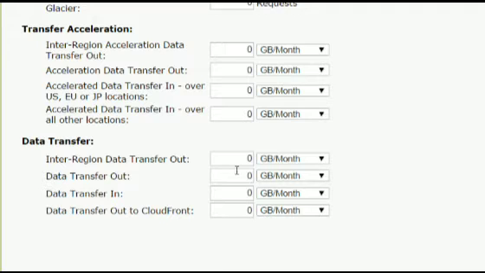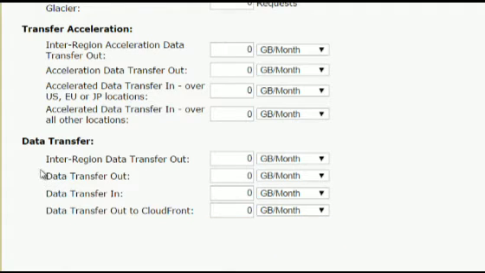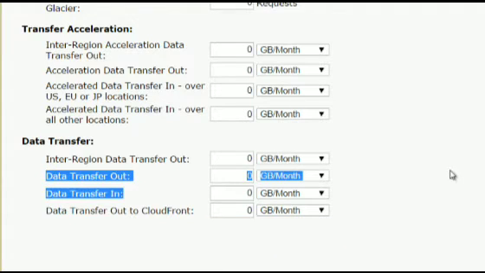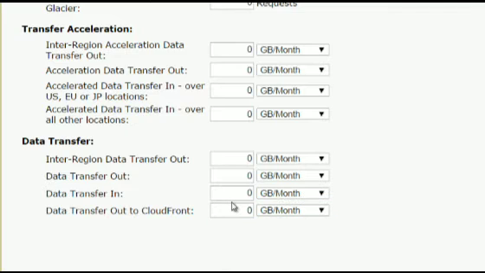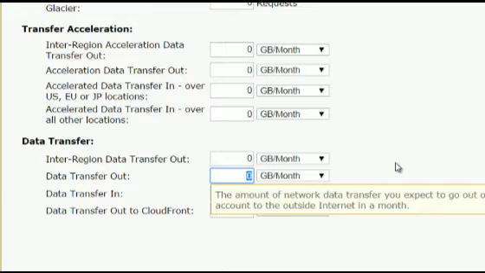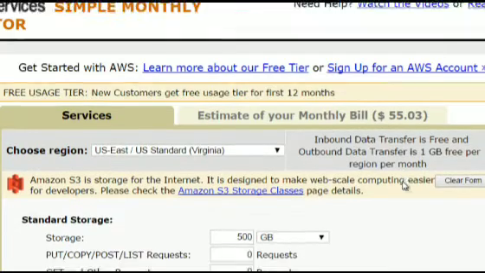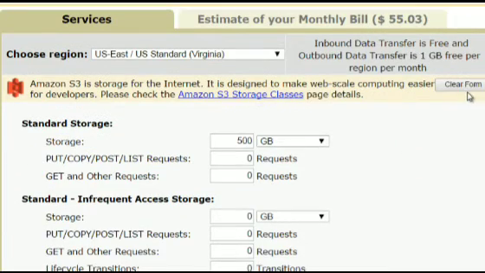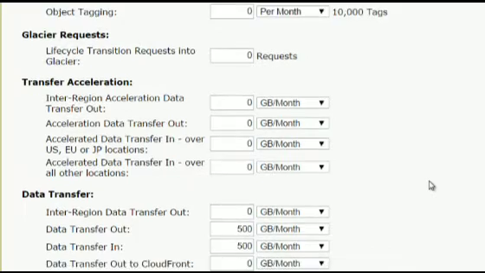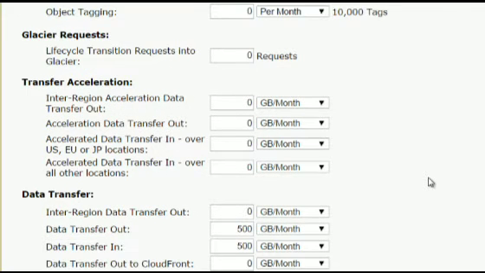So in this case, I just want to show you this. We have data transfer out, data transfer in. So these two are the ones that you will primarily be looking at. So let's try to max it out. Let's say, for example, that we have 500 gigs per month data transfer out and 500 gigs in. How much is that going to cost me? $55 per month, which is not a lot of money compared to web hosting companies that usually promise you unlimited